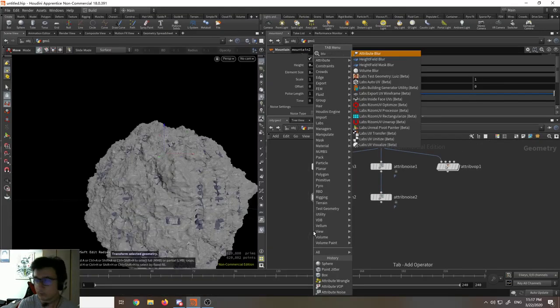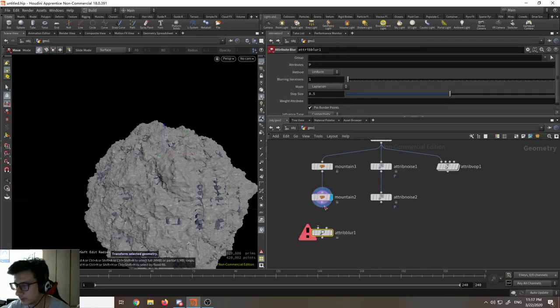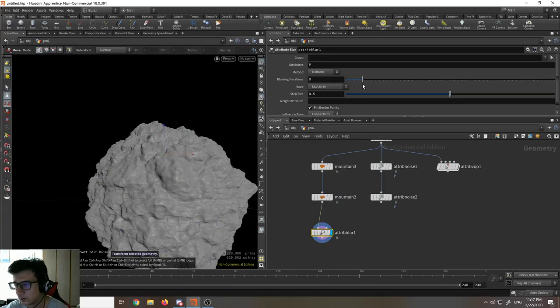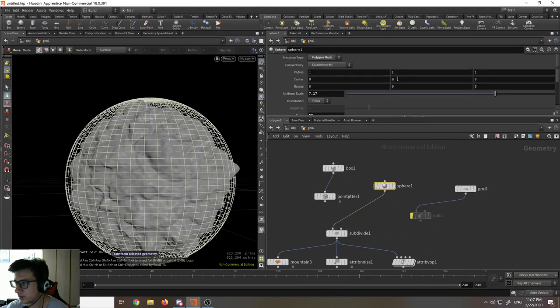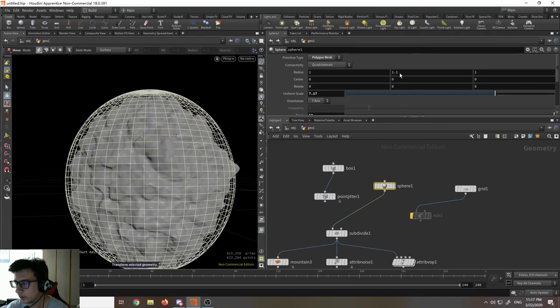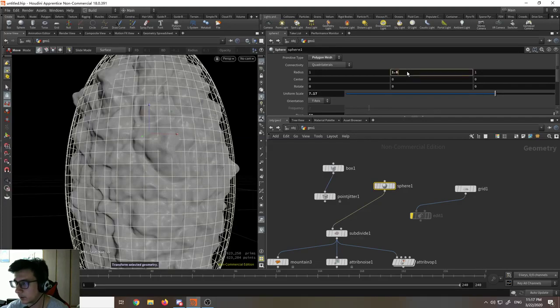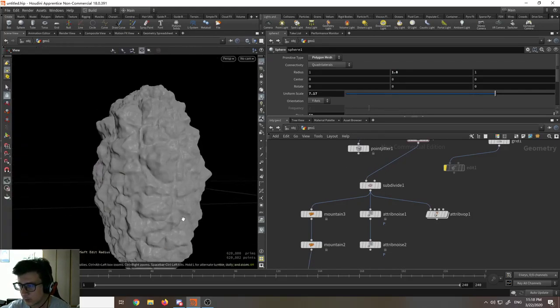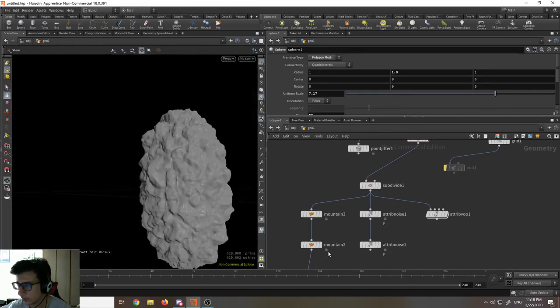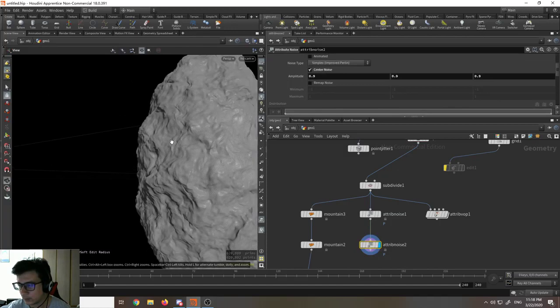So maybe a good time to put an attribute blur. So you can blur, smooth the surface a little bit if you want. You can change the radius of it. Like you can put, the computer is not going to hold, maybe like this one. You can edit. You really have control over everything. This thing is horrible. Or maybe you want to use this kind of noise, and you have things like asteroids,